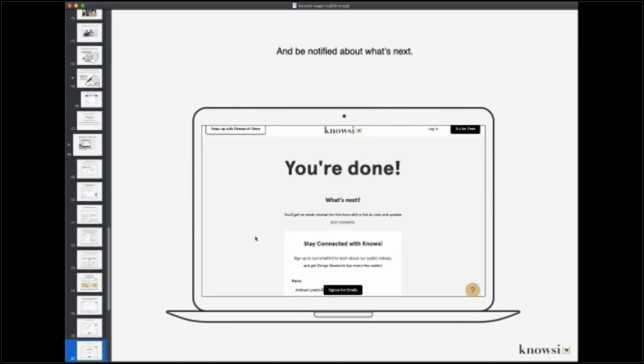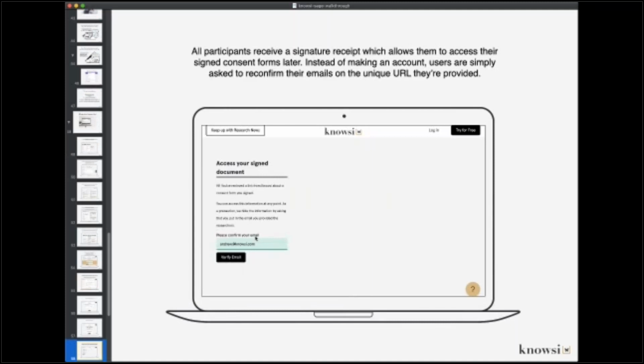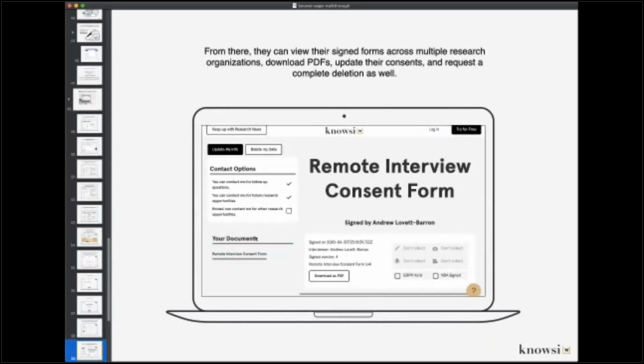They'll receive a receipt. You'll receive a notification that the participant has signed. And then their receipt will have a customized dashboard for them to go in and see what consent forms they've signed on the platform, as well as potentially change and update those forms. They can update their information. They can delete their data per the GDPR.